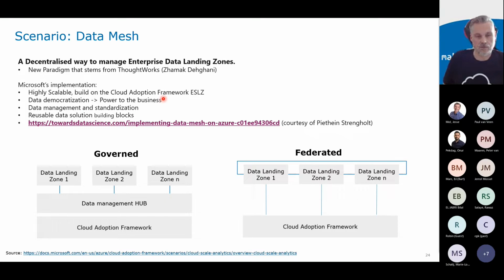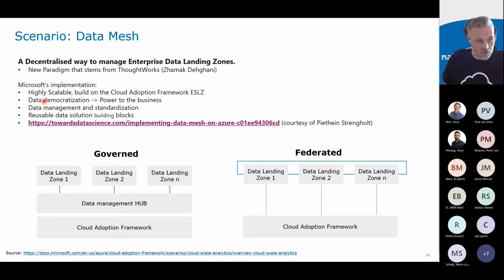In a previous meetup session of one of my colleagues, the data mesh was explored and explained by a Microsoft solution architect, and Microsoft has a very high confidence in data mesh. So they also have a reference architecture they call scalable analytics. Data mesh is highly scalable. It's built on the Cloud Adoption Framework enterprise scale landing zones. It's meant to